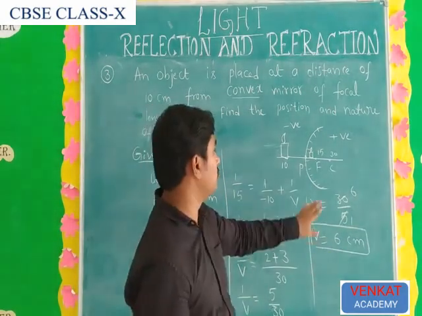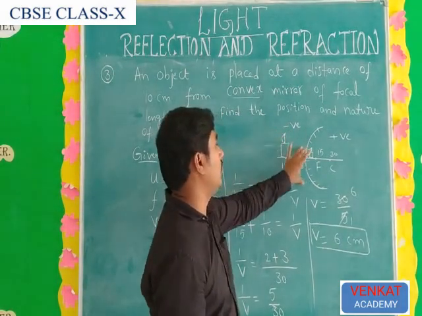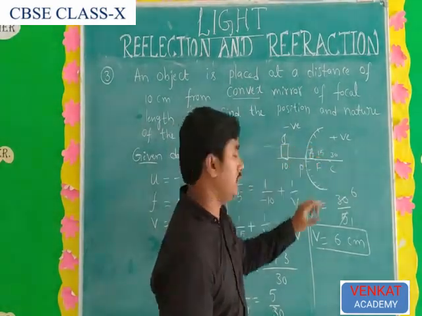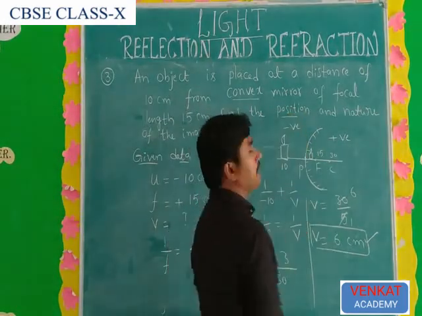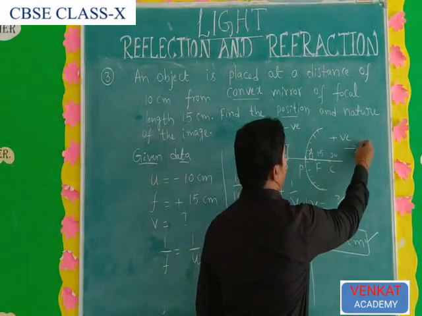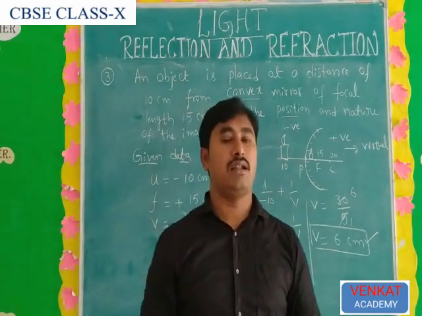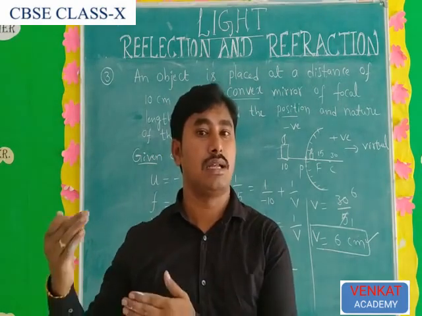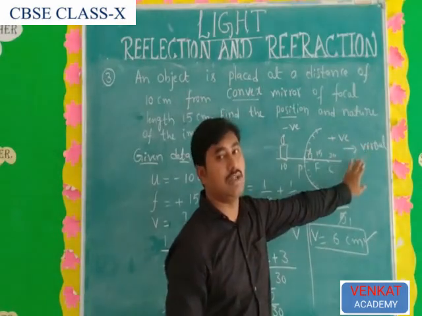Do you understand the answer? What do you understand here? In the second condition, object between infinity and pole, for an object at 10 centimeter the image must and should be found between P and F, which means our answer is correct. So the position is over. Then what about the nature? So the nature of the image is virtual. I already said in the last class that in a convex mirror the image is always virtual and erect, but in a concave mirror it is sometimes real and inverted, sometimes virtual also. But in a convex mirror it is always a virtual and erect image.